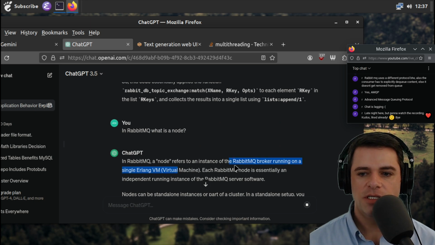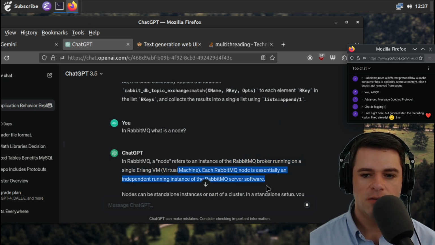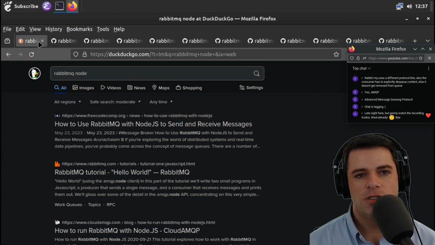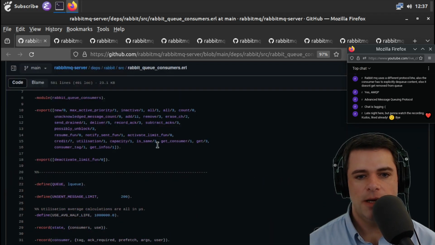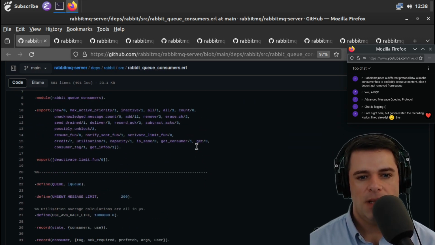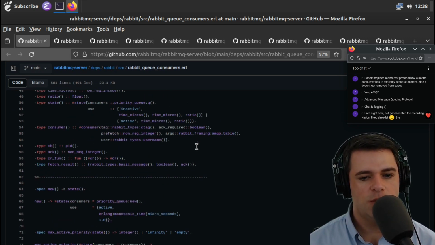It refers to an instance of RabbitMQ broker running on a single Erlang VM. Okay, so it's an instance of the VM. Here's queue consumers. I'm gonna guess, just because we're so long,